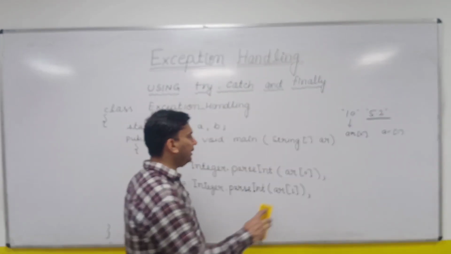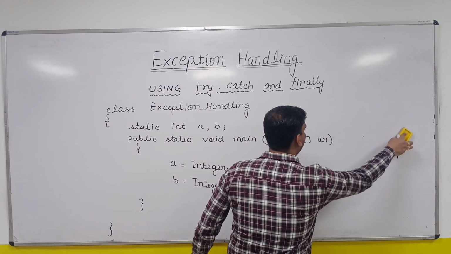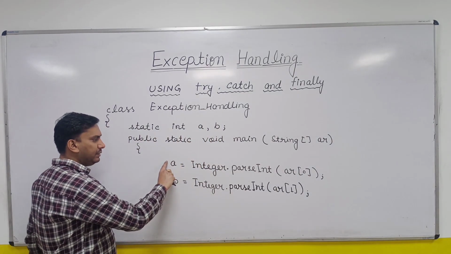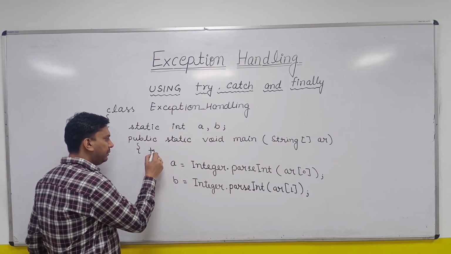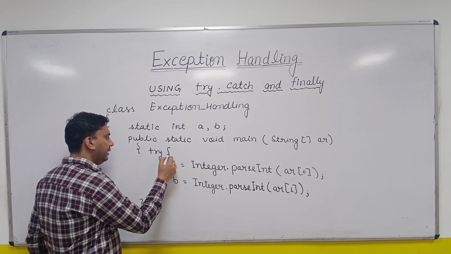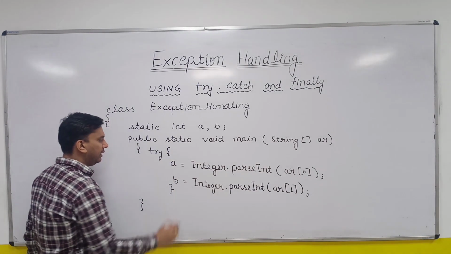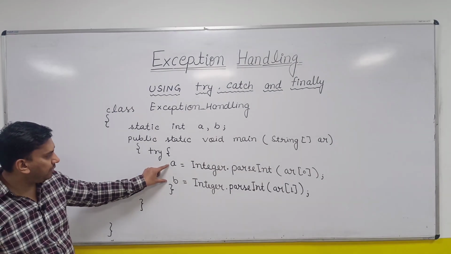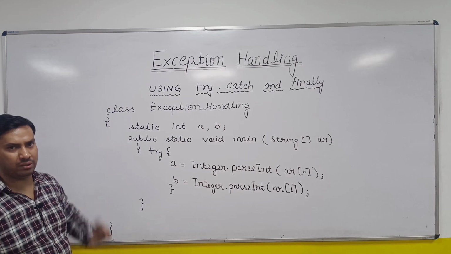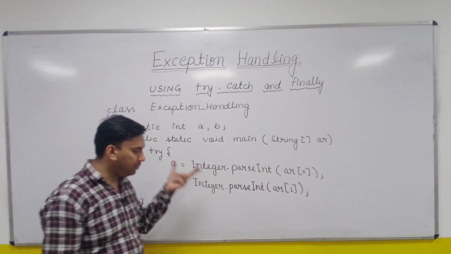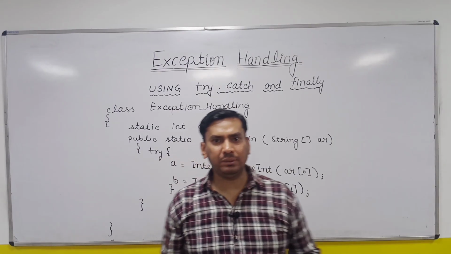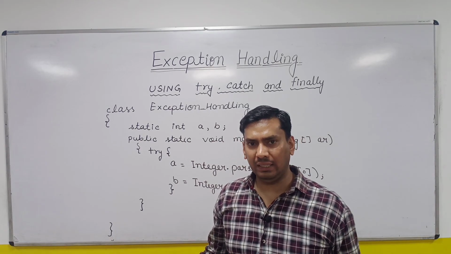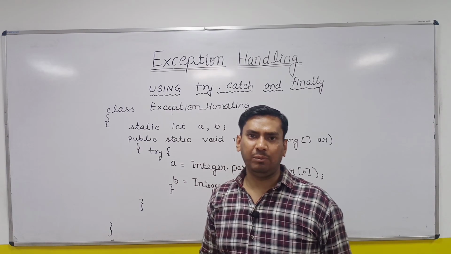So what we will be doing here is we will be trying to create a try block here. So these two lines I am feeling are having the same type of problem, so we can keep it in the single try block, right? So I have surrounded these two statements by this try block. Now as soon as you have written the try block, it becomes mandatory for you to write either the catch blocks or finally block, otherwise it will not be compiled.